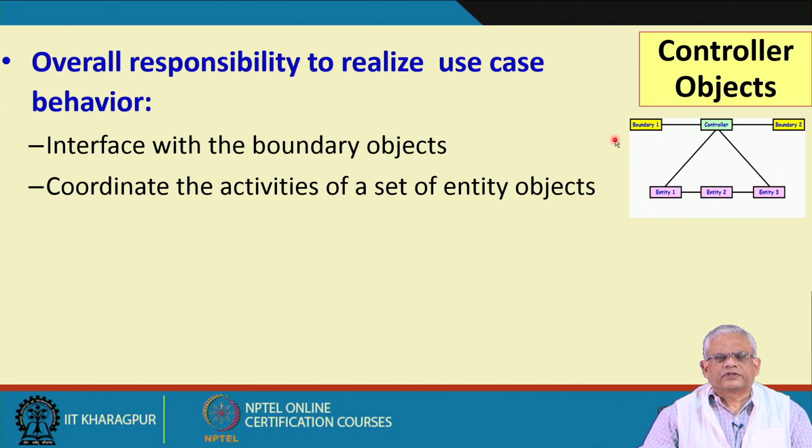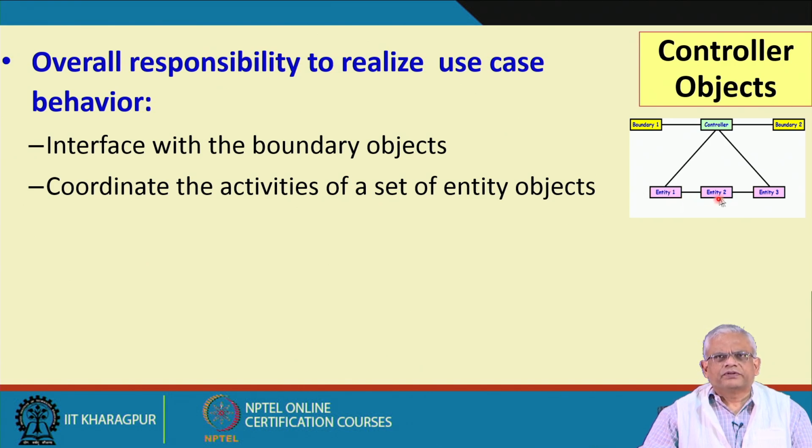or issue book, the boundary object gets the user data, what the user really wants, that is the work of the boundary object, and reports to the controller object. The controller object knows, it is the intelligent object, it knows what all steps need to be done in the issue book or renew book, and then it initiates by requesting the appropriate objects.